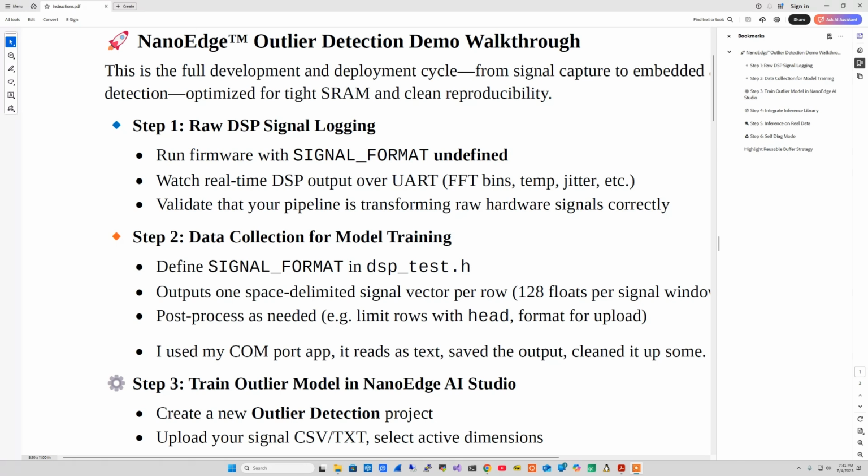And anyway, this one has several modes. I'm going to show you how to collect the data. I'm going to show you how to change the mode into testing the data and inferencing against the model. And then the final mode is running in a self-diagnostic mode where you're regathering data from your machine, from your device, and running it through the model and looking for outliers. So it's an outlier detection